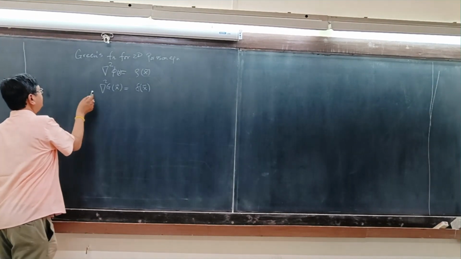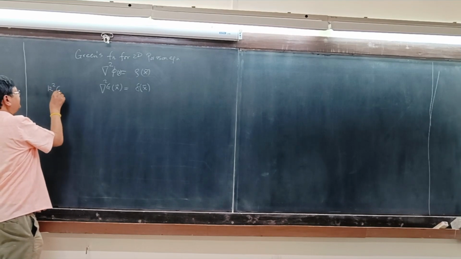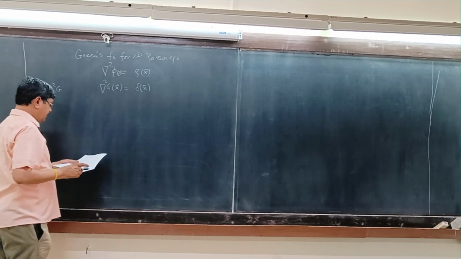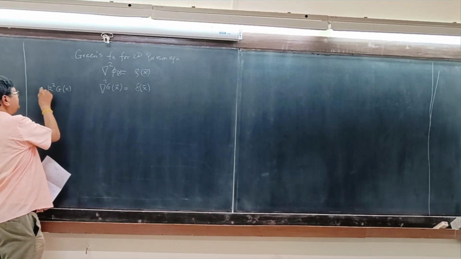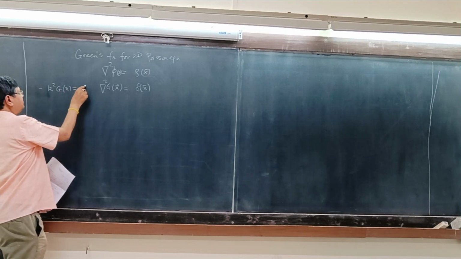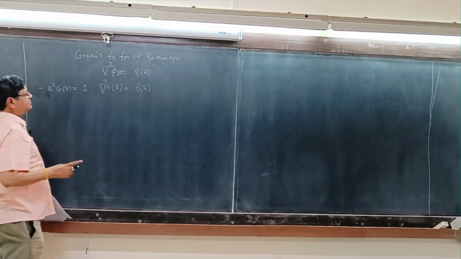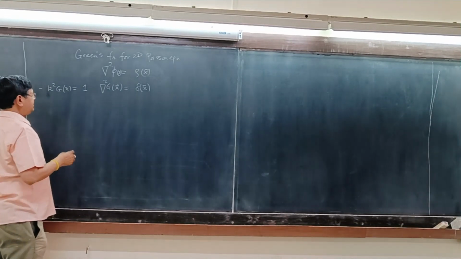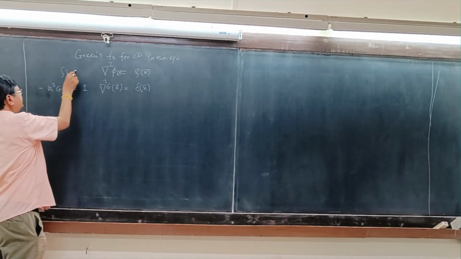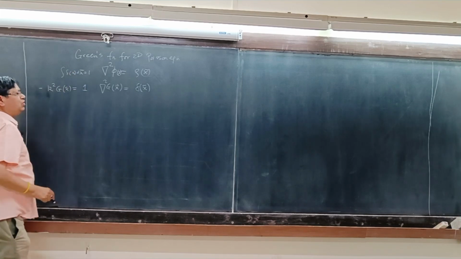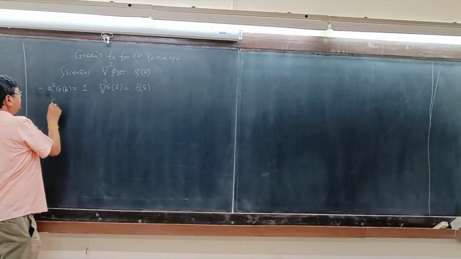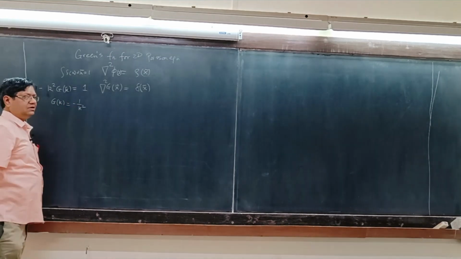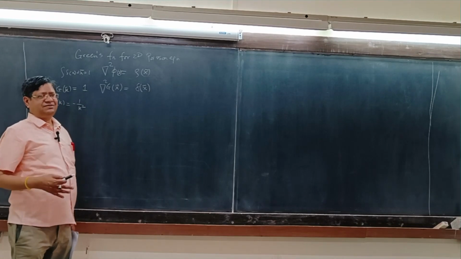So in Fourier space, the Laplacian is going to be minus k squared. Well, I think minus k squared. The Fourier transform of the delta function gives you 1, since the integral of delta x is a volume integral. So g of k, sorry, g of k is minus 1 over k squared. This derivation has been done, but I am repeating it just for revision.